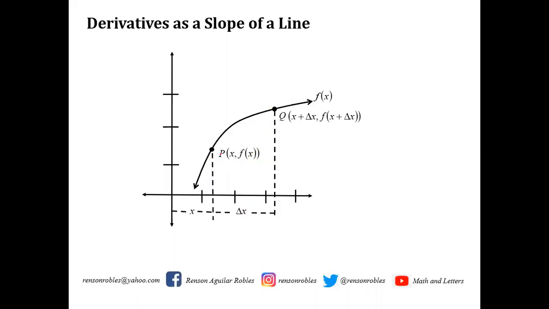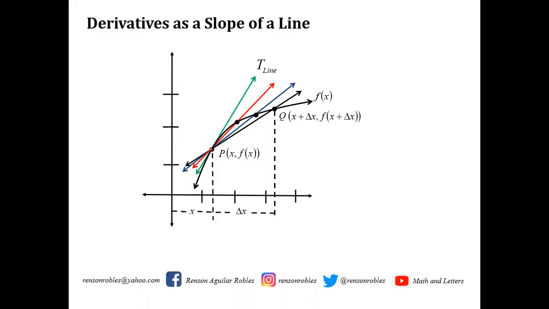And then from point P and Q, I will now draw a line. Okay, so this is the line PQ, and since this line PQ passes through 2 points, then we shall call this secant line. Okay, let's now think that point P is fixed, and we shall move point Q along this curve towards point P. Okay, so there will come to a point that your line PQ will look like this. Okay, and approaching point P, there will come to a point that your secant line will look like this. Okay, and there will come to a point that the line